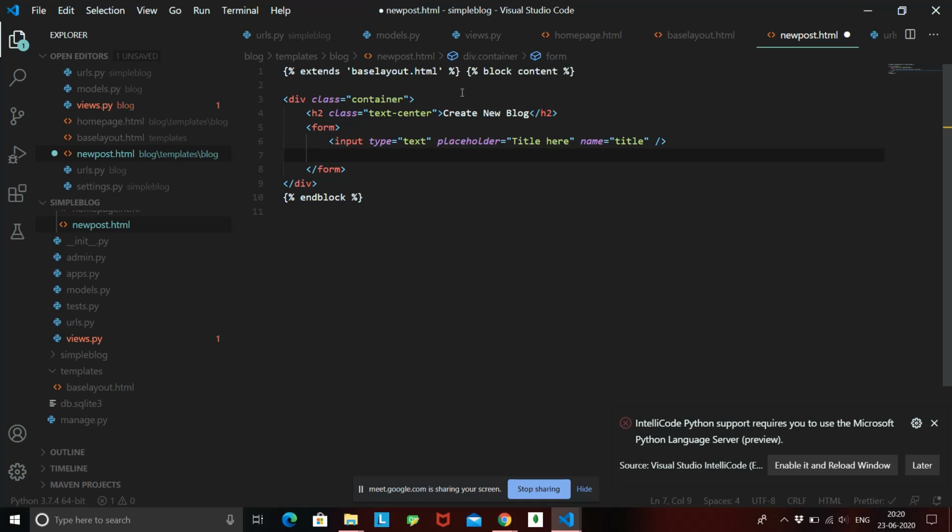Then we need to create a text area, because a description is not one line, right? We can have multiple lines inside a description. So basically text area means a large area where you can write something. So we can just give it a placeholder of, write the blog here.